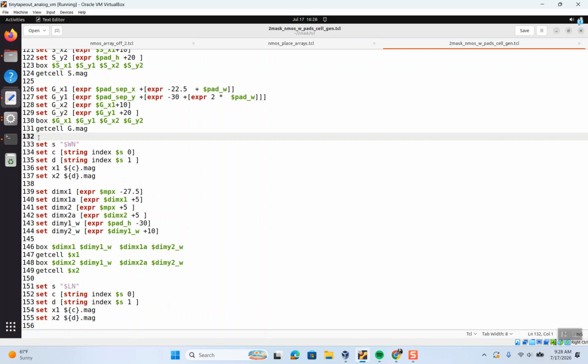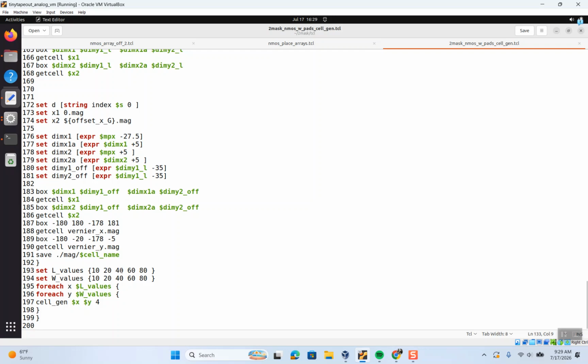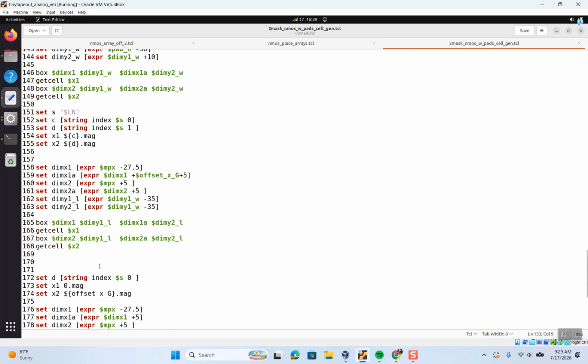Now a little trickier here is because now I want the number. I'm just not very imaginative. I had a letter S represent the width, and then the width is actually 2 numbers, right? If you come down here, everything is 10, 20, 40, 60. So it's not like I can, or at least I don't know how to place 10 unless I made the number 10. So what it's doing,